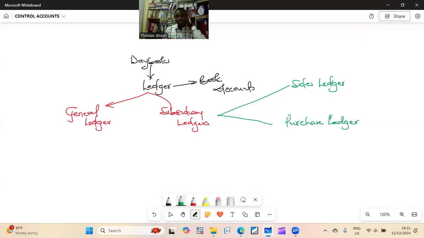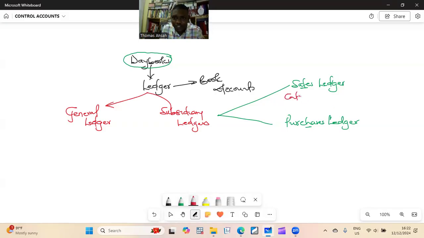All right, now watch this. Do you remember what we used to do in some of the day books, particularly the sales day book and the purchases day book? We used to record credit transactions. So when you prepare your sales day book, you transfer the individual people that you sold to on credit into the ledger. Inside the ledger, like this sales ledger, it contains